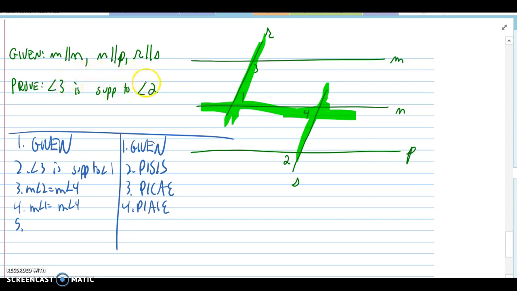Step 5, again, I'm going to look at the proof statement. I want 3 supplementary to 2. I have 3 supplementary to 1. Well, if I look at this, 1 equals 4, 4 equals 2, I can say that the measure of 1 equals the measure of 2, and that is transitive. And now, with this statement, how close it is to the proof statement, I know that 1 is equal to 2. I have it down here. We're going to rewrite statement number 2 and say angle 3 is supplementary to angle 2, and that would